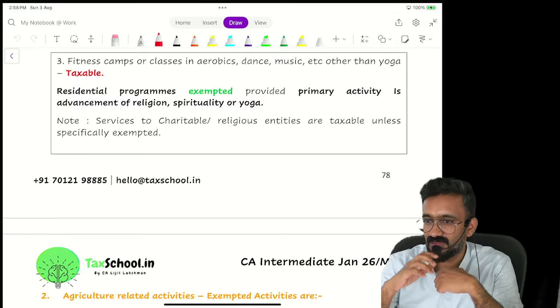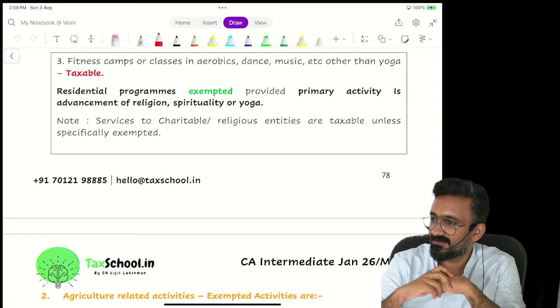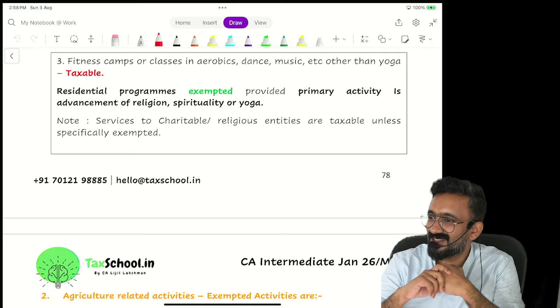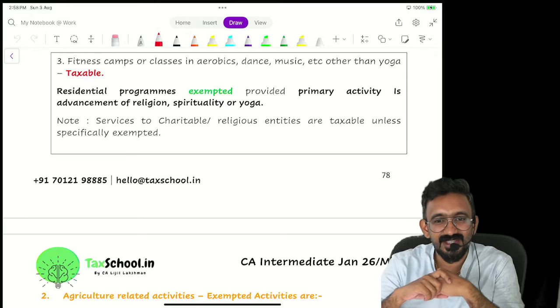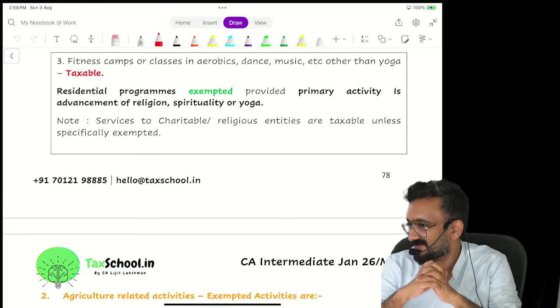First, we have to look at Isha Yoga Center. Do they have a 12AB registration? Yes, they have. Is yoga a specified charitable activity? Yes. Is that condition satisfied? Yes. Would it be exempt? Yes. This is how you interpret.